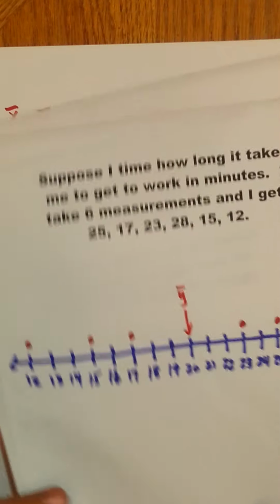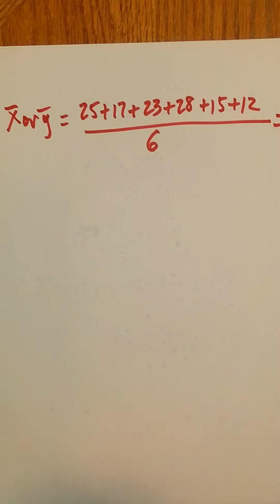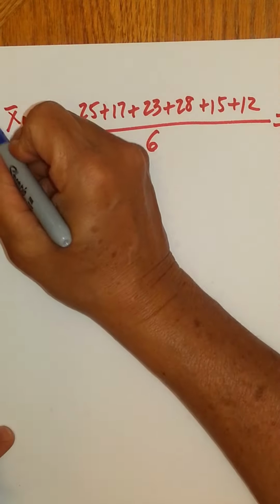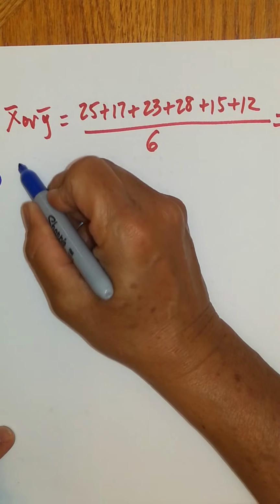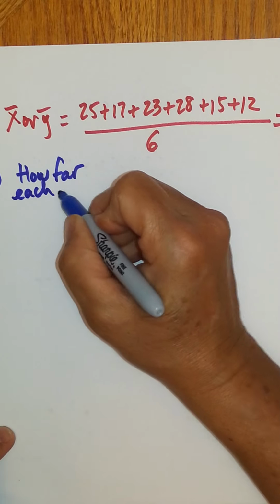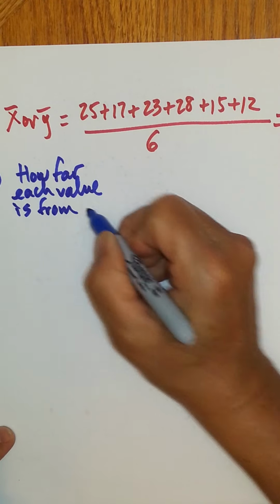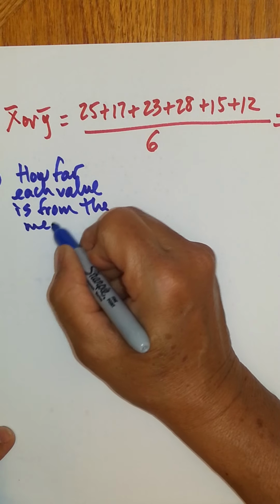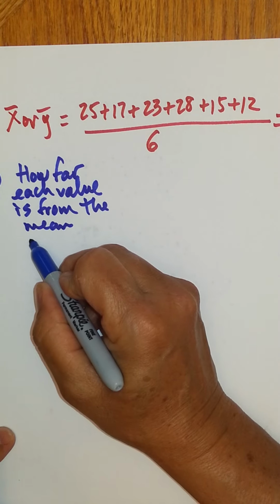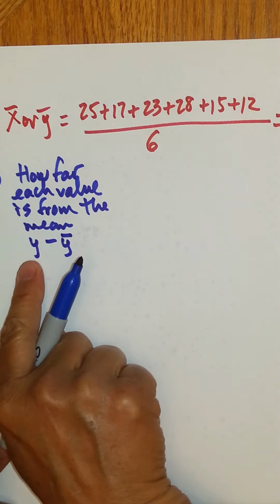All right, so let's go ahead and do that. The way we're going to write that notationally is how far is each y value